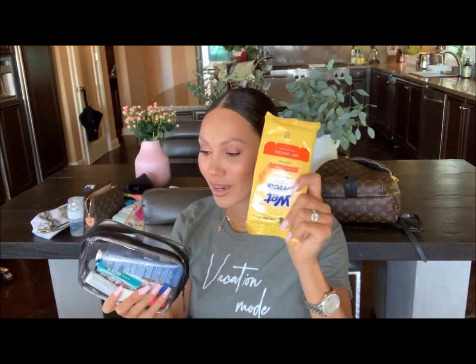So charger, wipes, disinfectant wipes, more hand sanitizer, body lotion, a small travel size, and then these Neutrogena individually packaged wipes, just in case I need to wipe my face off for any reason, if it gets kind of sweaty in there and I just want to feel a little refreshed, or if I have makeup on and I want to take it off. A Cliff Bar, gum, of course, Tylenol, lip gloss, a little travel sized perfume,